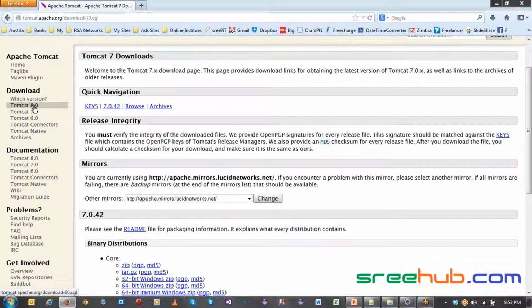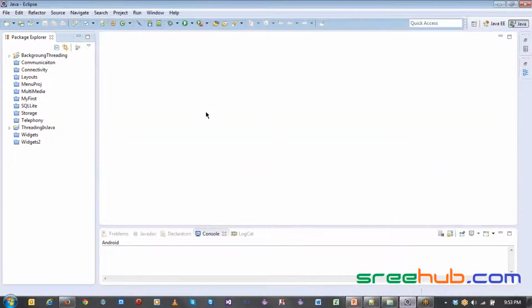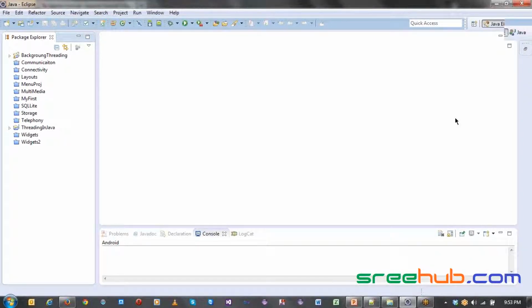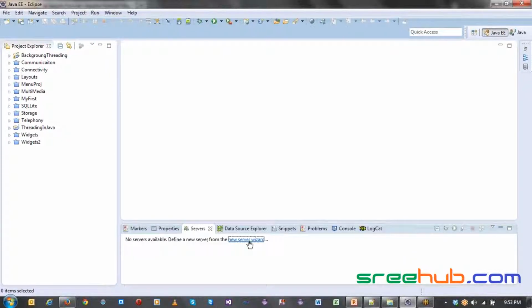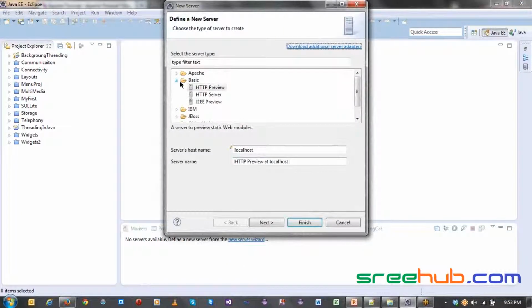We also have Tomcat 8, but why are we going for 7? Look at the Eclipse we are using. You can check in parallel. In your Eclipse there is a perspective option, Java and JDW. Click on the JDW perspective just once. Now you will see something called Servers here. As of now, there is no server configured in my Eclipse. I'll get back to this again. Don't worry about this, guys.